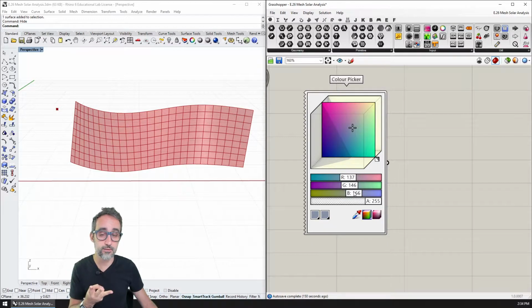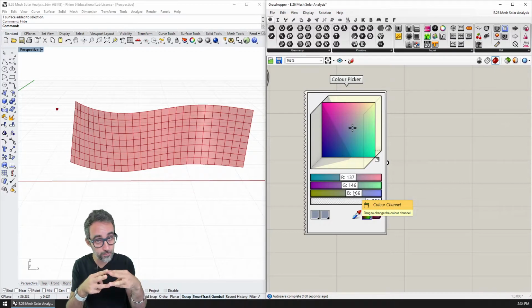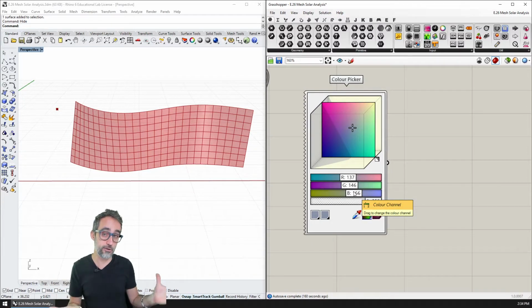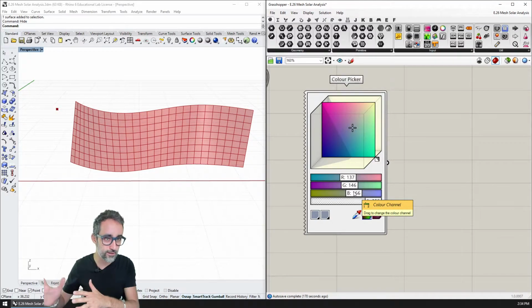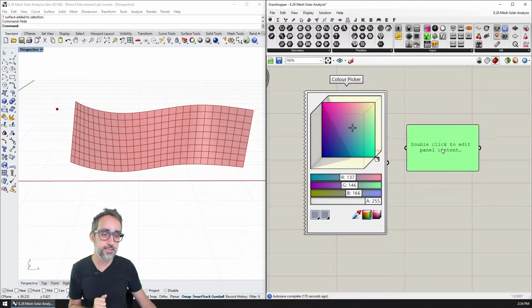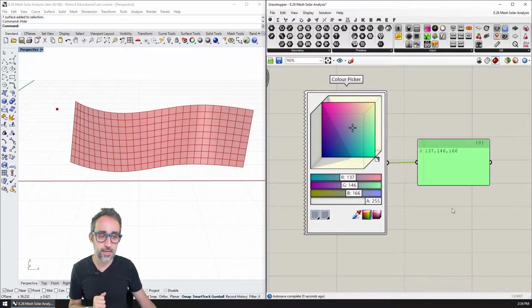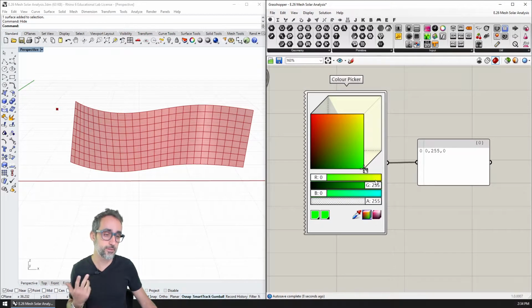And it's these 3 colors because optically, these are the 3 primary colors that, when combined, can generate any other color in the spectrum. This only works for light. When it comes to print, we use a different set of primary colors. It's a different story. And if I drop a panel, the output of this is these 3 numbers, the RGB values that make up any particular color.